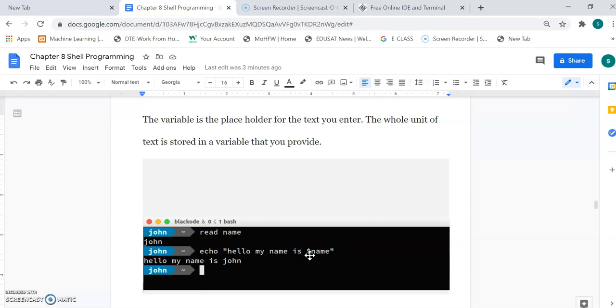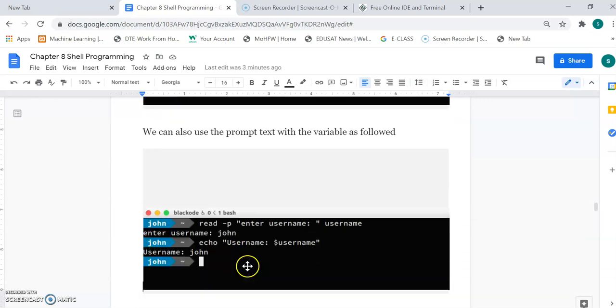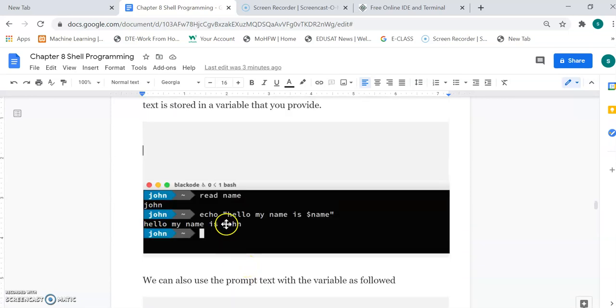You know that if you want to access the value of a variable, you need to use dollar in front of that variable. So press enter. It will print the message: hello, my name is John. In that way, you can use a variable to store the value of the read command.